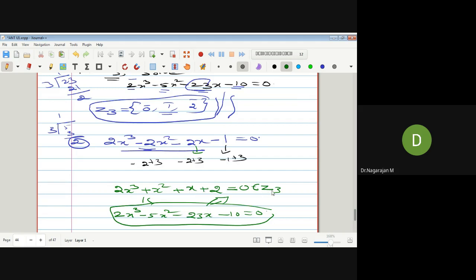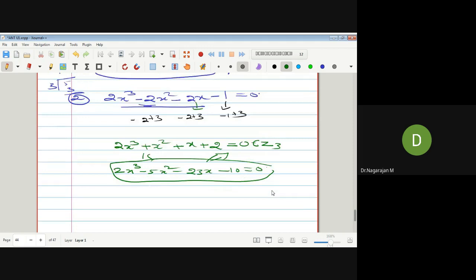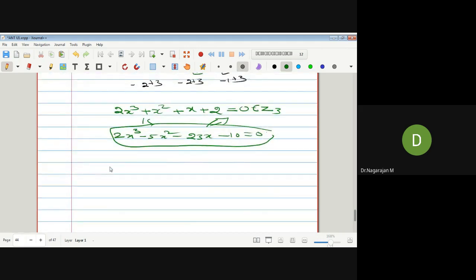Now we want to check the root. How to find the root? Already you know Z3 equals the set of values: 0 class, first class, second class. These 3 values you want to put in here. If the result is 0, it is a root, otherwise it is not a root. Please check that. So first value, maybe this is the double star. Already, star means the previous integer modulo 2 case.